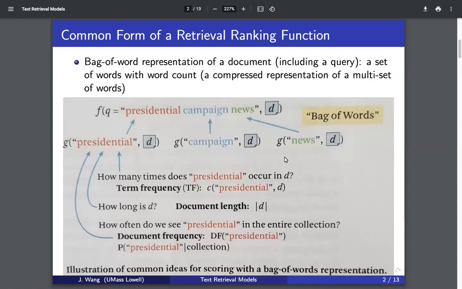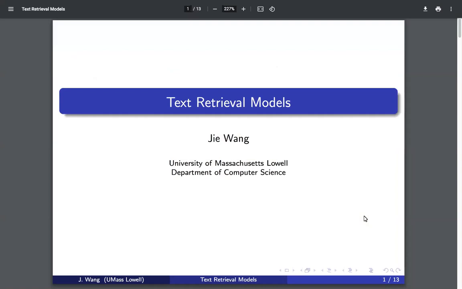Okay, so once again, let me go back. So we are going to look at this topic about text retrieval. In our mind, we should think about that. We have a corpus of documents available. One good example is a search engine, because a search engine is really a gigantic collection of text documents